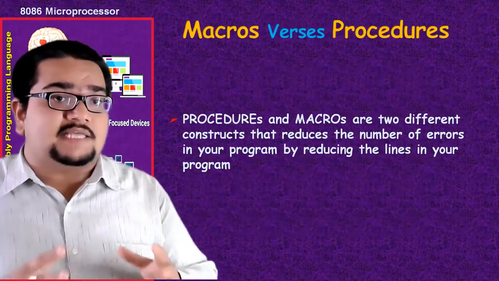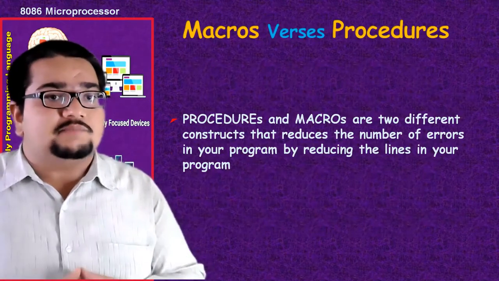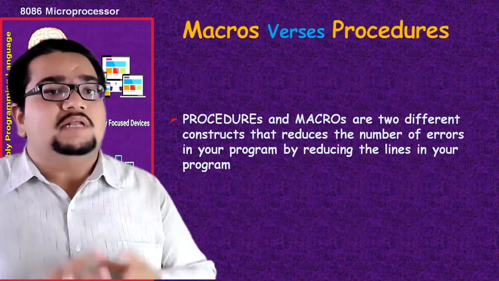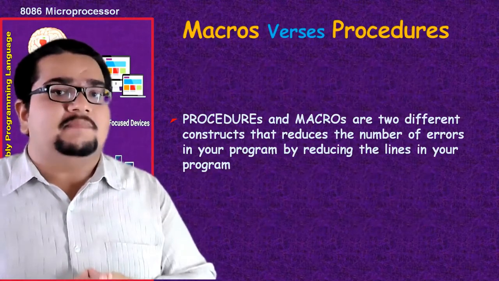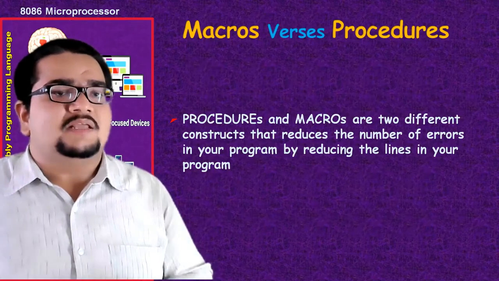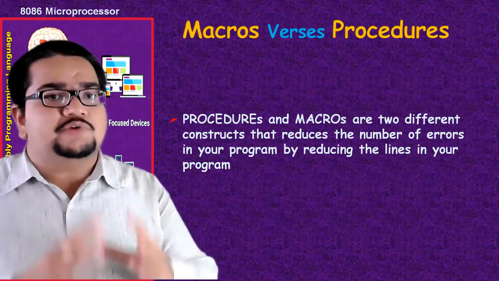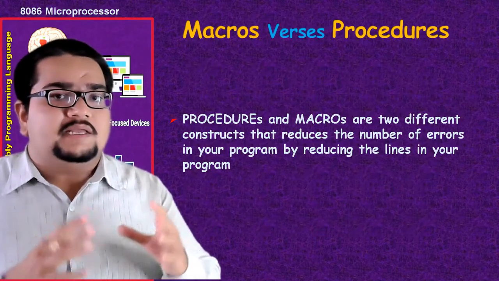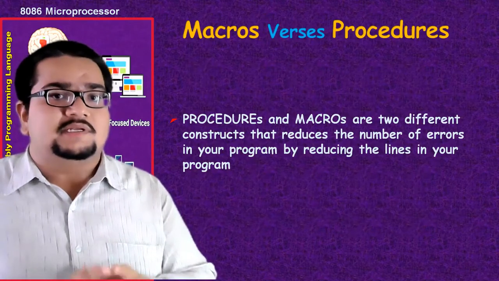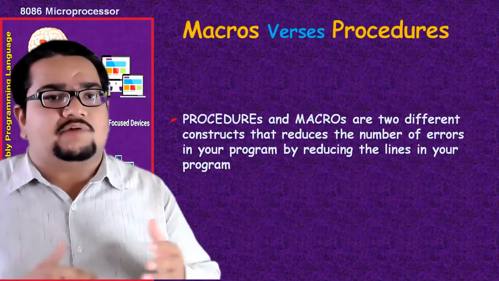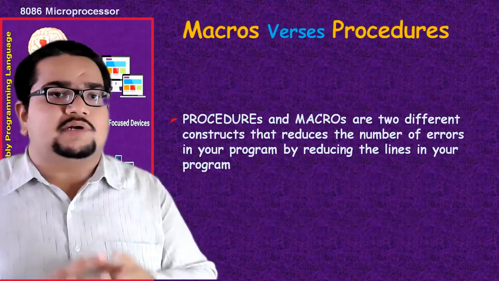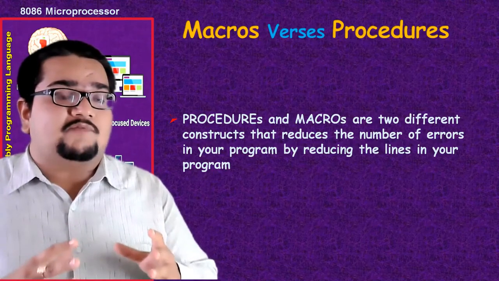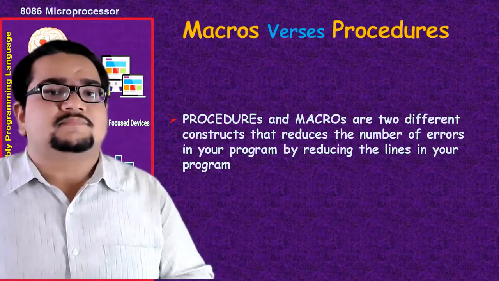Macros versus procedures: as I was telling earlier, they are both used for developing modular programming in assembly language programming, but they have some differences and some similarities. What are those? We will check now. Intentionally, both are used for reducing the human view of a program size to a smaller number of lines. Macros do that, but a procedure, along with reducing the program size in number of lines for humans, also reduces the number of program lines for the computer or the processor.